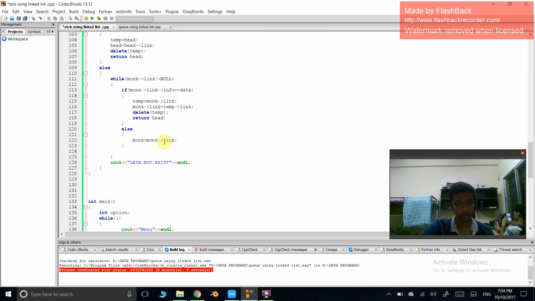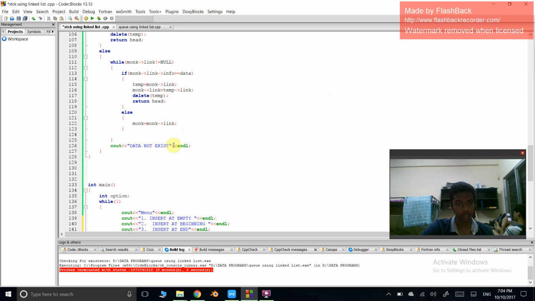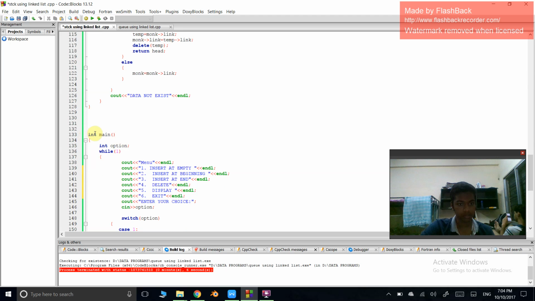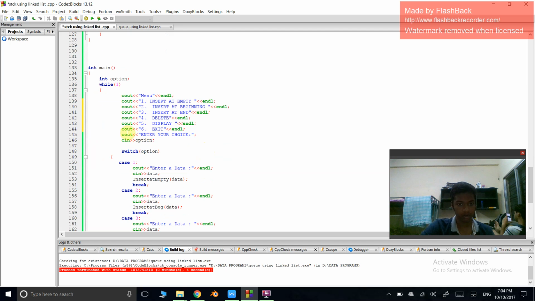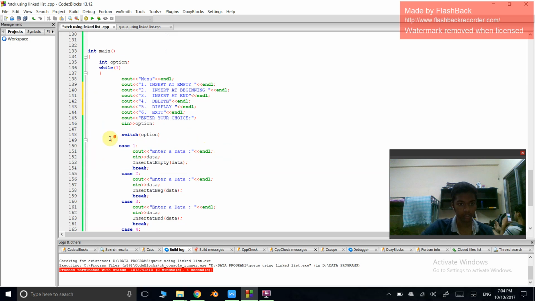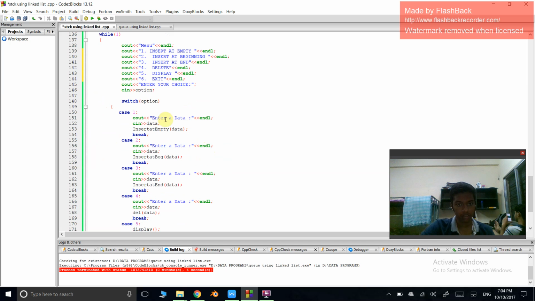Else monk is equal to monk arrow link, and print data doesn't exist. So inside the main, we'll create this menu: insert element, beginning, insert at end, delete, display, exit, and we create a function called to enter the choice option. Then insert the option in the switch case, we'll take insert data, we call the data from insert at empty